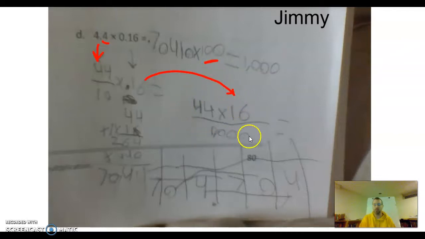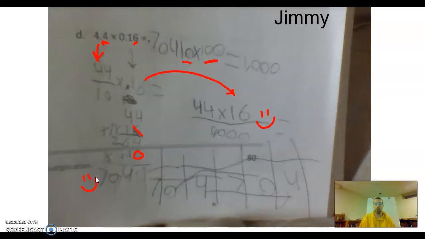This expression here is beautiful because we know that since this one's in the tenths and this one's in the hundredths, right, there's our 10 times 100 to give us 1,000. So this expression looks awesome. And then he went off to the side and multiplied it here. I do see that he crossed off the ones place when he finished and put a 0 in there, knowing that everything's going to be 10 times as big. And when he multiplied correctly to get the